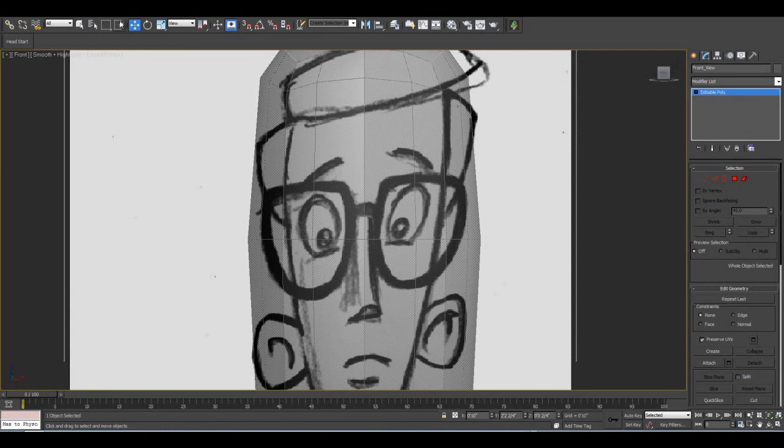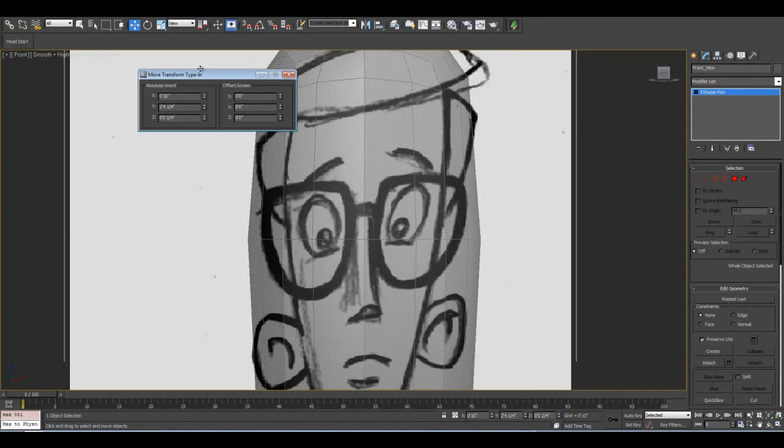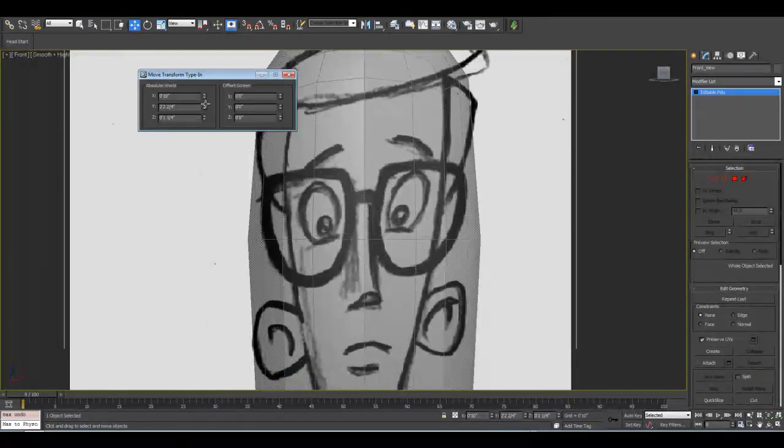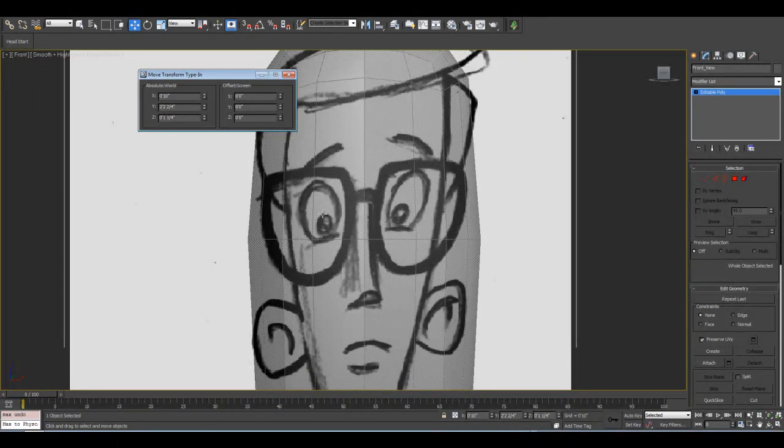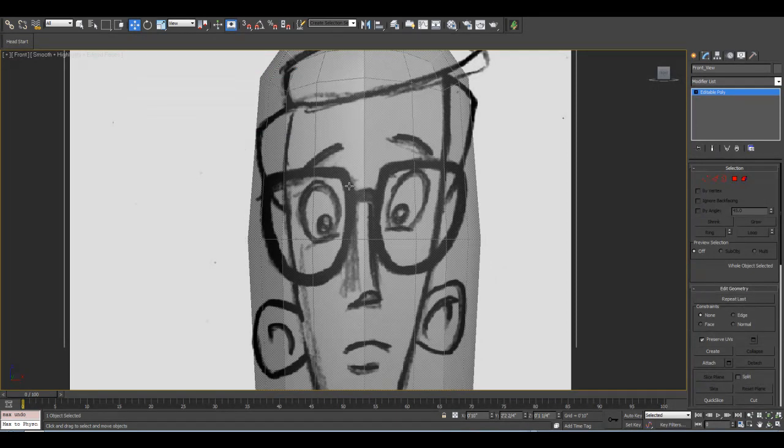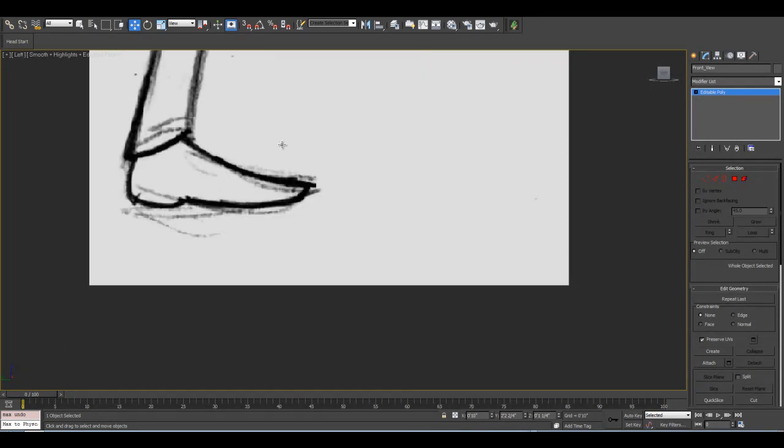So I've selected the image in the background, and I'm just going to nudge it up a bit. Oops, sorry, Z-axis. So I'm just going to push this up and make sure that these are lined up the same. So now when I'm modeling in my front and left view, I'm going to make sure when I'm cutting in edges they're running across the same features on the face. So I'm going to jump back to my left view,